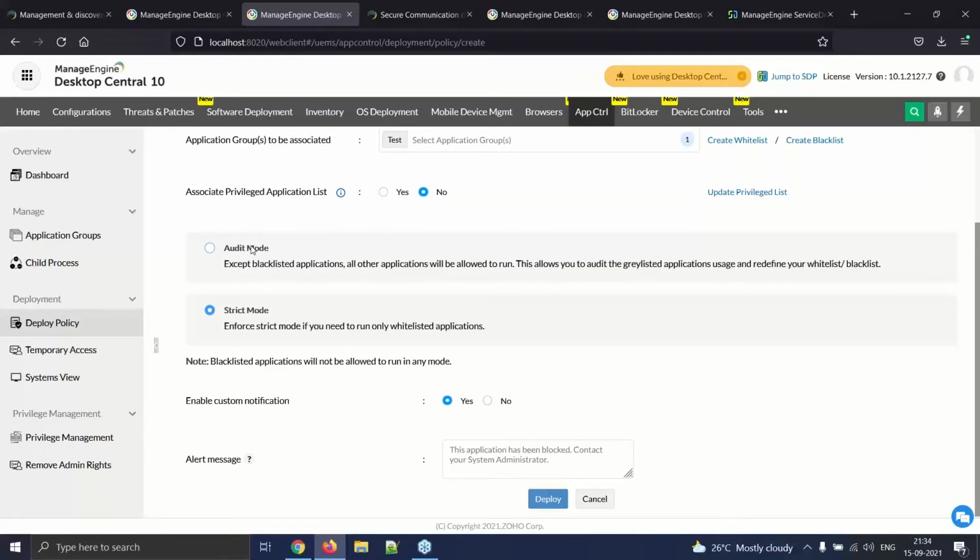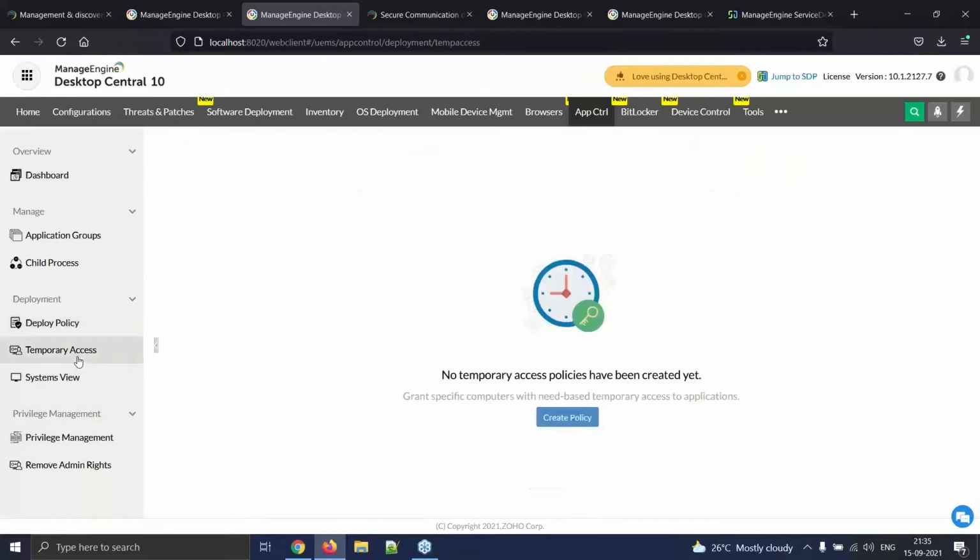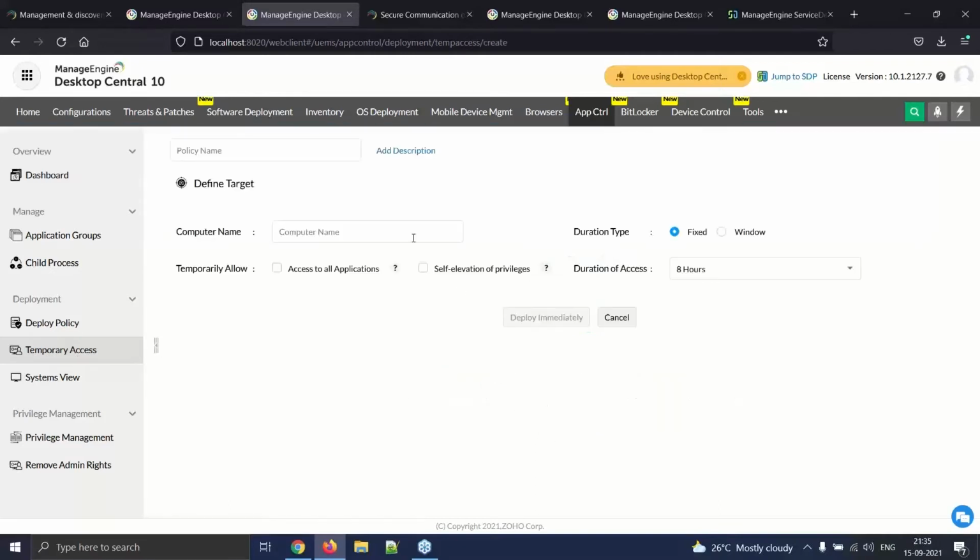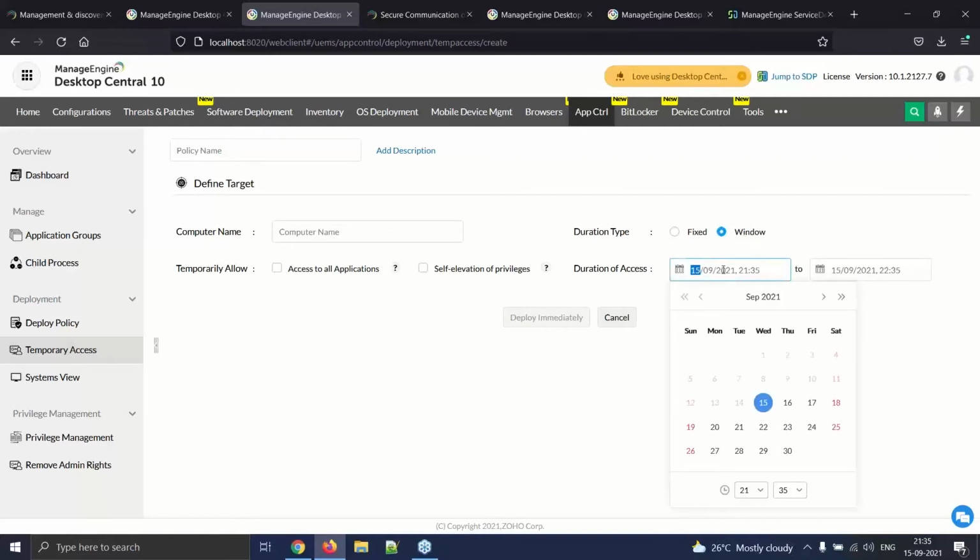Okay, and in here you do have the option to give temporary access. Say for example, if this end user is a manager and he has a valid reason to use an application, but he wants to use this application for a time being only. So you can go to this temporary access, create a policy, choose the computer name, and then you can give a duration, whether it's going to be a fixed window like 8 hours or a week's time, or a specific window, like from today till next week or next month, you can define however you want it. So this application control will give you more in-depth options to manage your